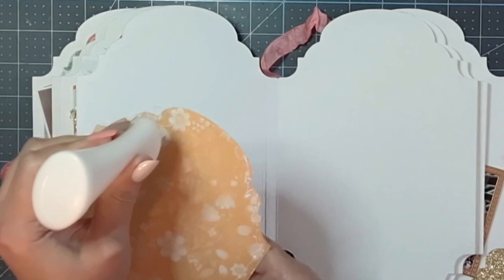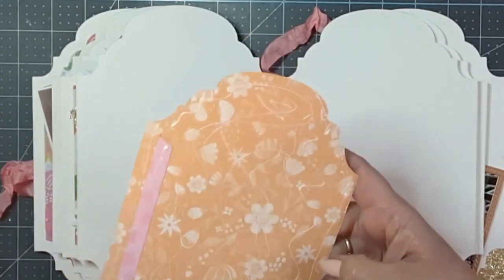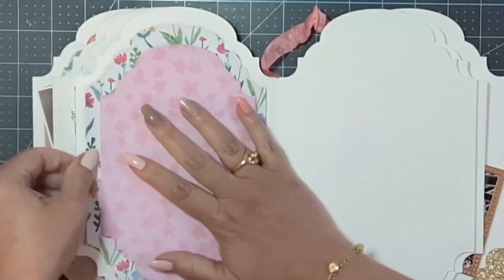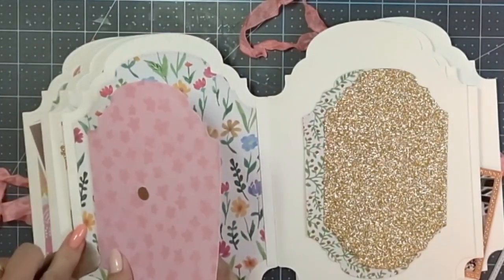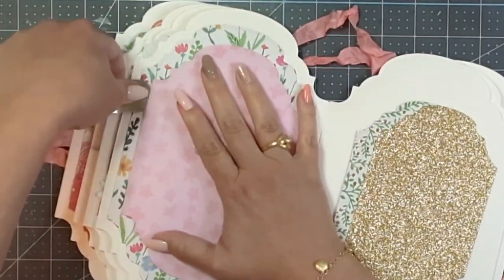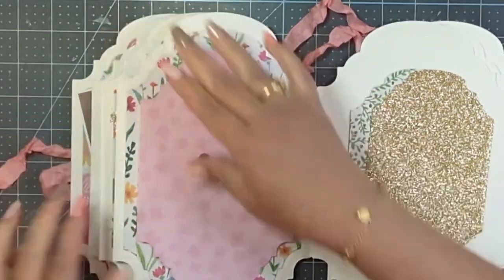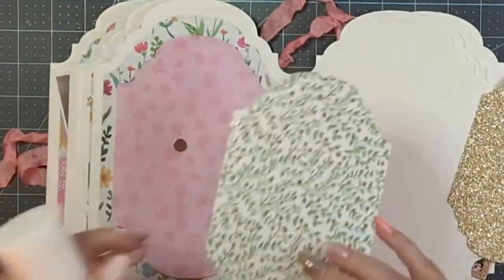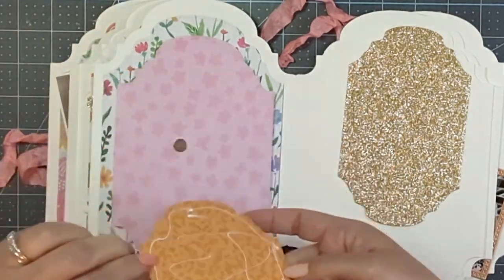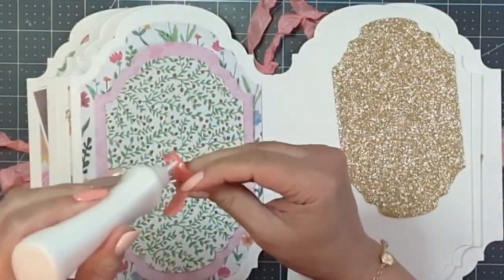create a page that will be interactive by having just a little window or a door, however you want to see that. There is a magnet on the background. This is going to be glued right on the back there. And with a little tool that I have here that looks like a metal spatula, I'm going to push that paper right behind that pink one so that it doesn't poke out, if you will, and that way I can open and close that. And now I'm hiding the other magnet with a smaller die cut piece, and I'm grabbing